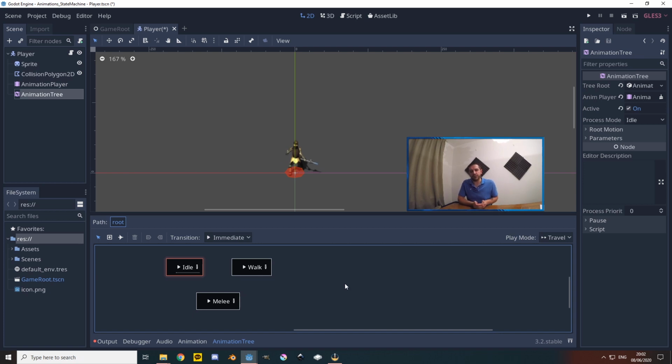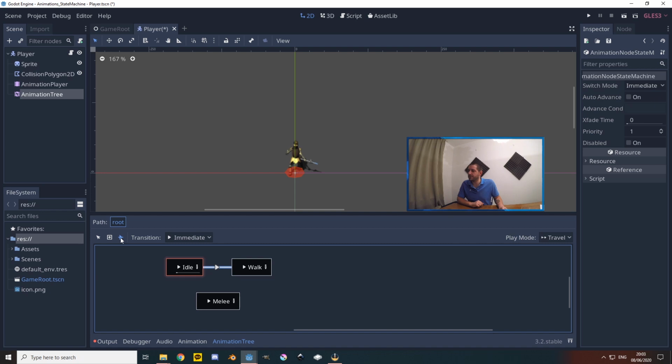The next thing we have to do is tell the animation tree the paths with which it can travel from one blend space to the other. I know the word travel may sound a little bit weird at first, but it's actually a commonly used term in animations and switching between animations in game development. So basically what we have to ask ourselves is what animation transitions should be possible, and we have to build those paths. Whenever we're standing still and we start moving, either by point and click input or by the keys on our keyboard, we want to be able to transition from idle to walk.